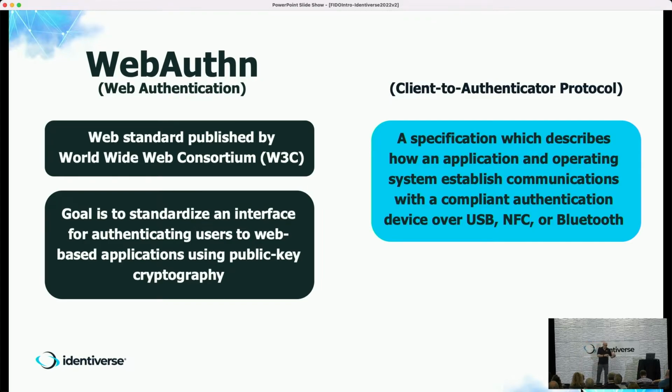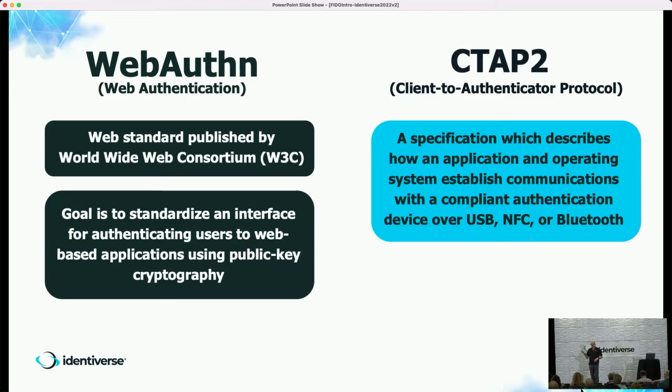And just as a quick mention, it's not actually just a browser thing. That's what you usually hear people talk about. But each of the platform vendors, Apple, Microsoft, Google, have also implemented at the platform level, which means if you're trying to write a native application, they've also created those WebAuthN APIs for you to use.